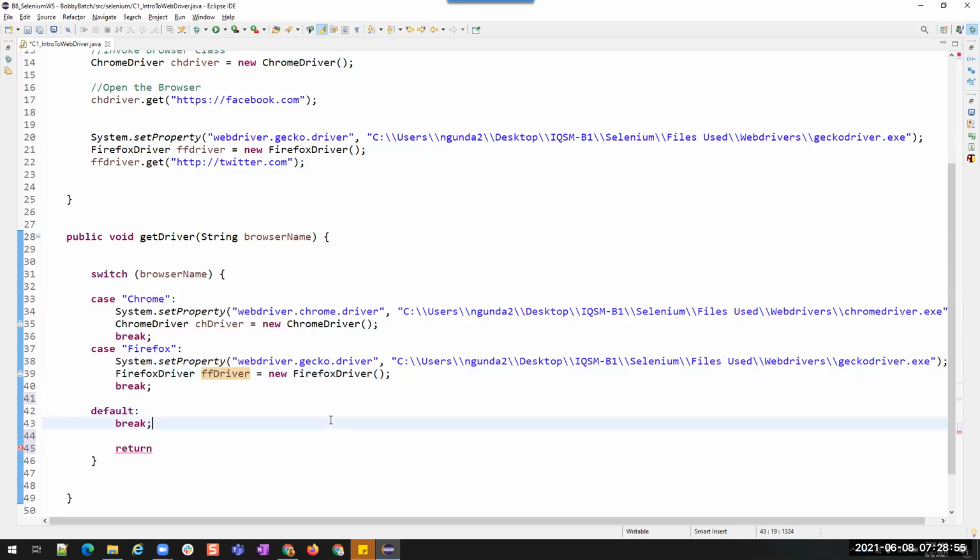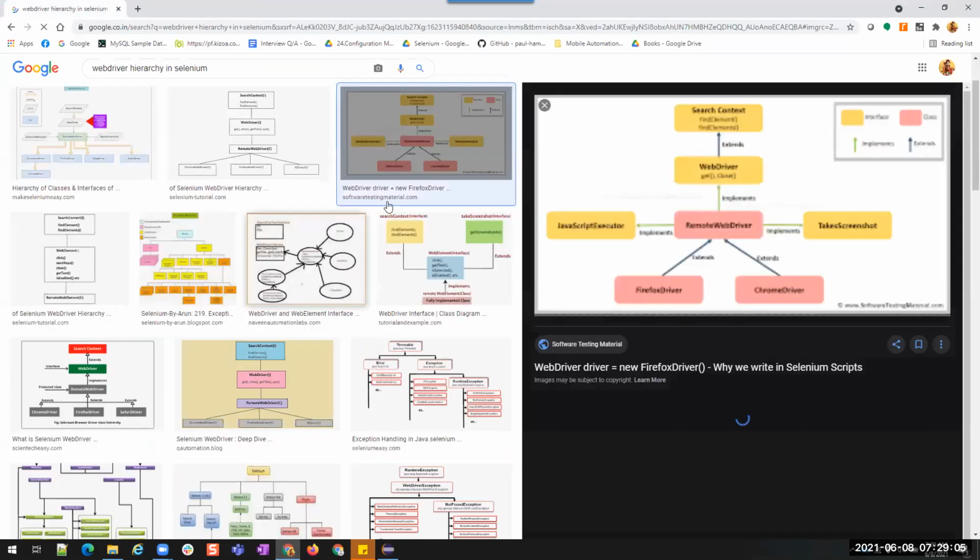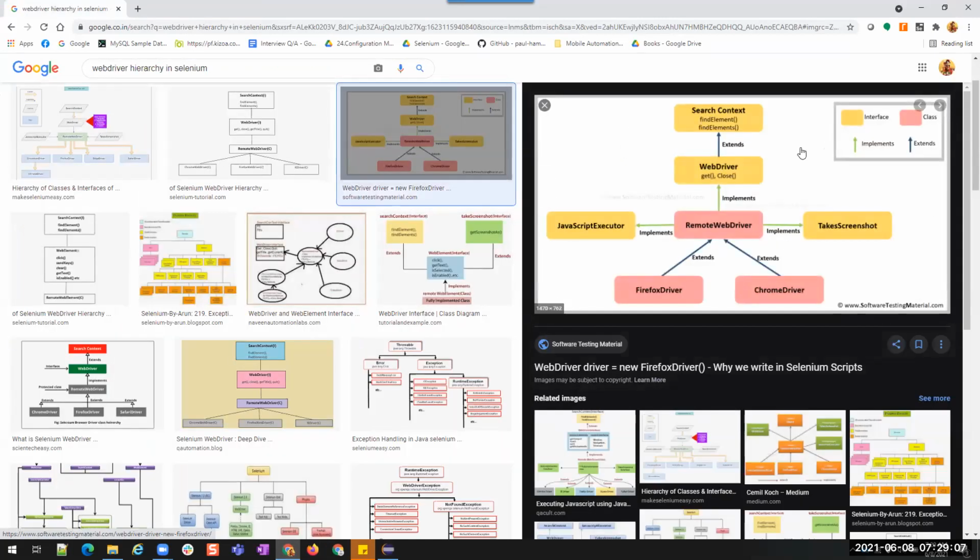This is already a condition. So in that case, let us see the hierarchy of this browser driver. Now it's already open for you. This is the hierarchy of the Selenium WebDriver. These are all the interfaces and classes present inside the Selenium WebDriver concept. For Selenium WebDriver, the parent is SearchContext. This SearchContext interface will help us find the elements on your browser.